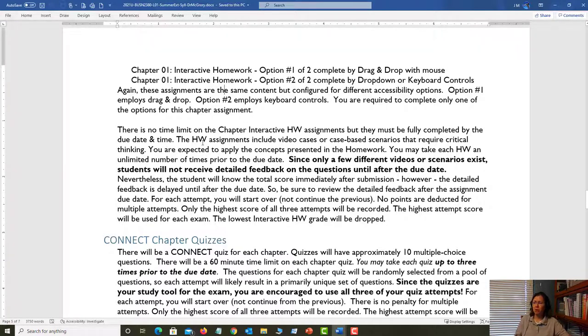date and time. The homework assignments include video cases or case-based scenarios that require critical thinking. You're expected to apply the concepts presented in the chapter in the homework. You may take each interactive homework assignment, and look at that, folks, look at that, unlimited number of times prior to the due date, since only a few different videos or scenarios exist. Now notice this is in bold, trying to get your attention. Since only a few different videos or scenarios exist and you can do this an unlimited number of times, I'm